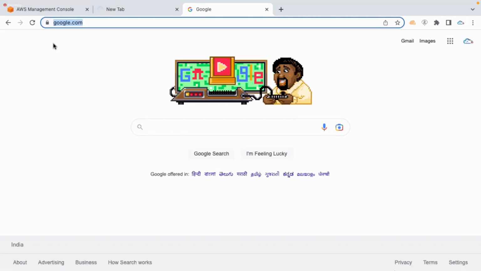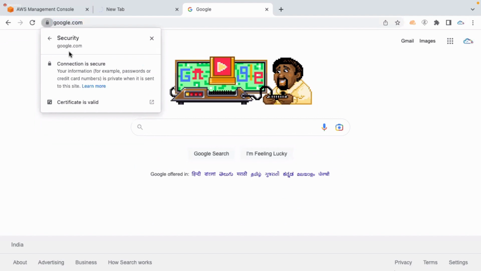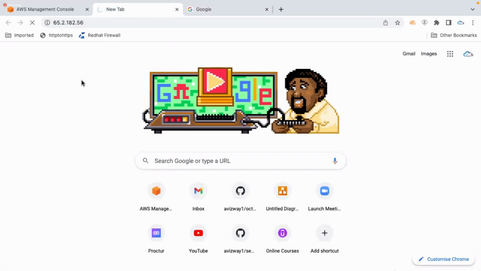And if you observe here, this Google one, we have a lock symbol, connection is secured. Your information is private when it is sending to the site, right? So if you take this previous one,